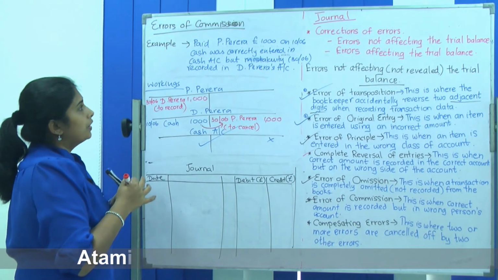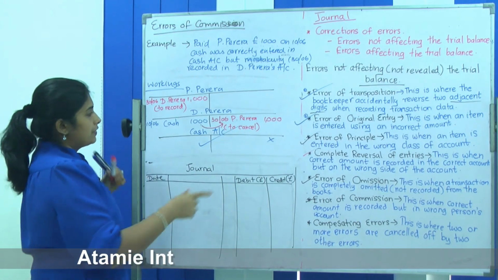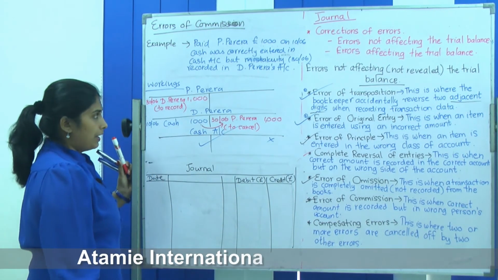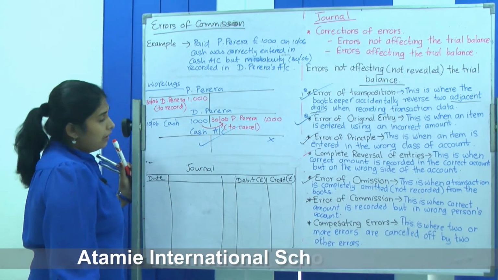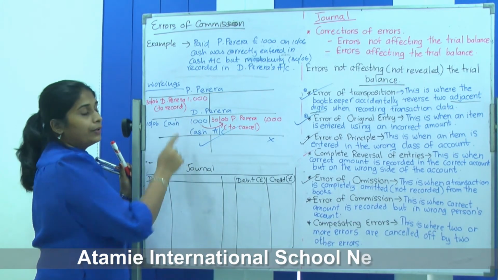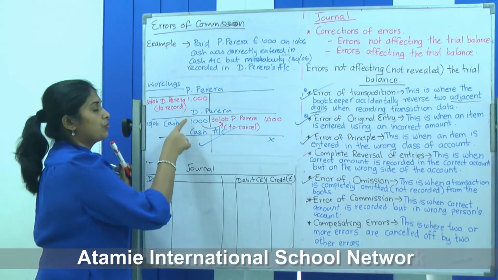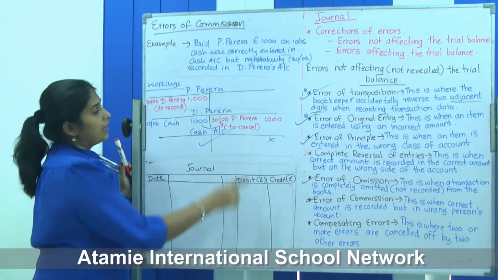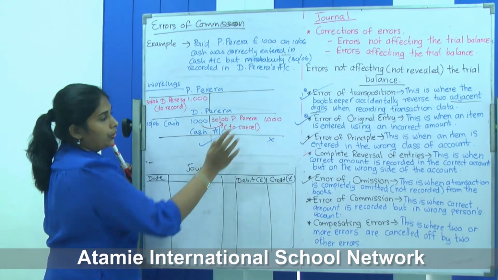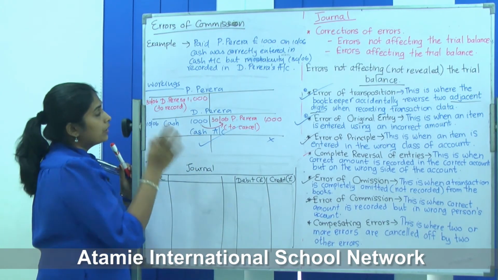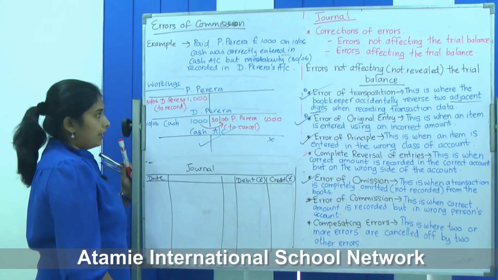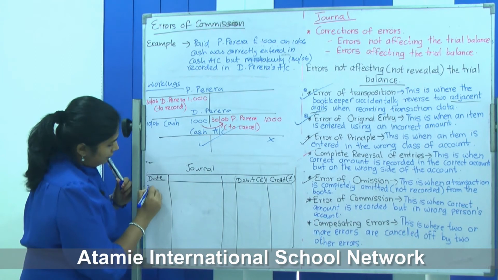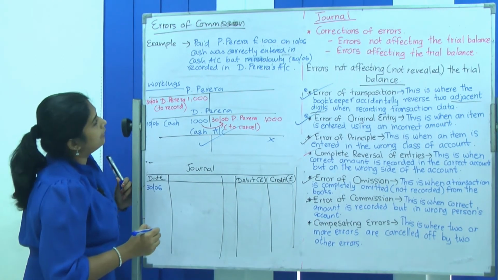The amount that you paid for P. Pereira was correctly entered in the cash book, but instead of debiting P. Pereira, they debited D. Pereira. So this 1,000 does not belong to D. Pereira's account. So you have to cancel it. To cancel, you have to credit 1,000 as D. Pereira. To cancel only, you are recording on the credit side. To correctly enter, you have to debit P. Pereira's account. So to correct the error, the journal entries: the error was found on 30th and was corrected on that day.